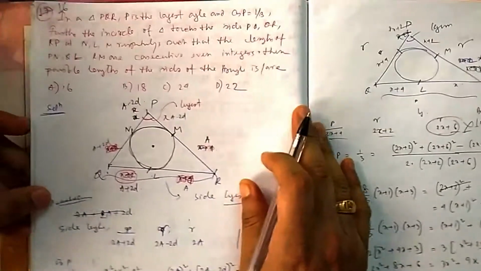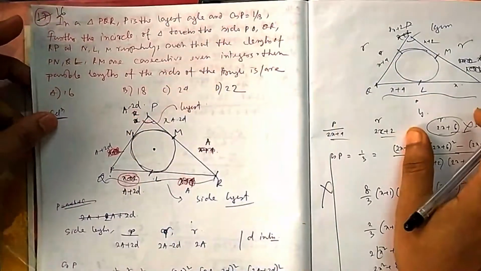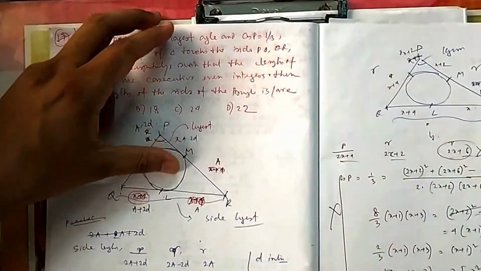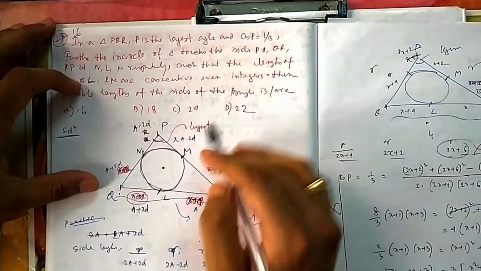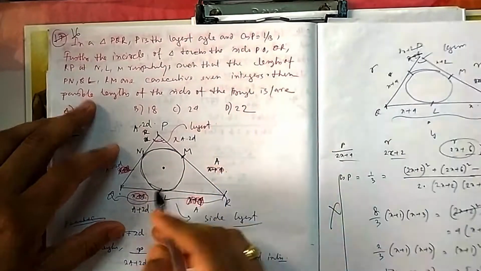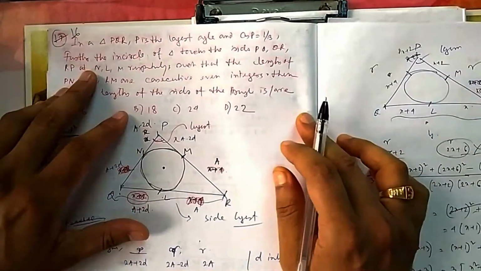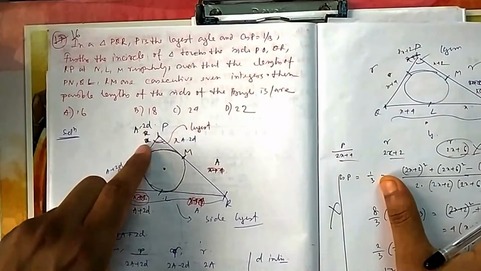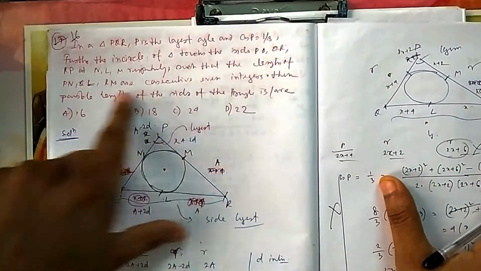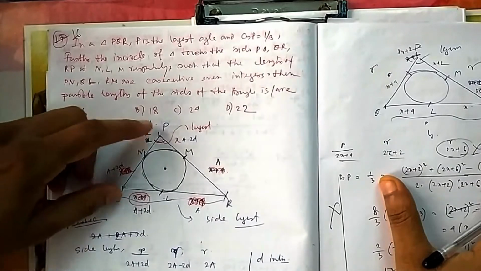Now if you come to question 16: in a triangle PQR, P is the largest angle. Then again you have to take care of that. P is the largest. Cos P is 1/3. Cos P is given and P is largest, so this side should be the largest side. Further, the incircle, delta, touches the sides at N, L, P such that the lengths of PN,